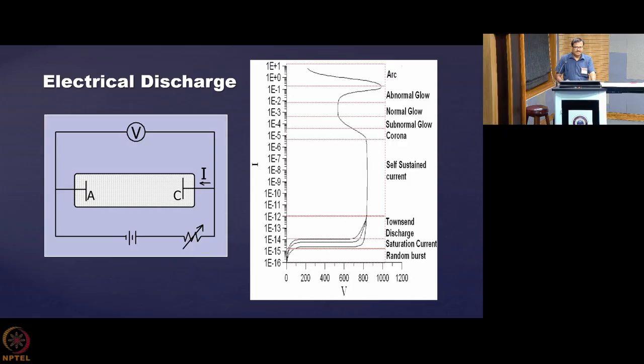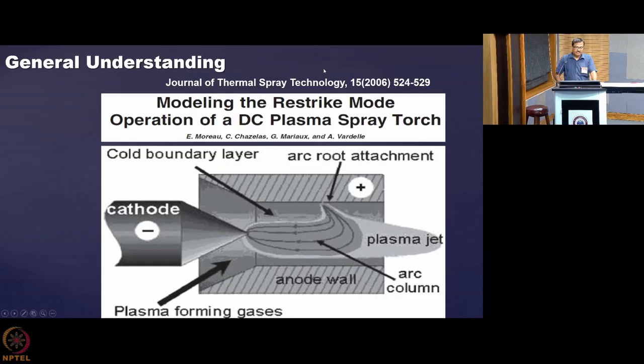So you can see that as we change the composition, the plasma features vary, and in the electrical discharge regime, this is the regime of the arc where you are seeing a negative VI characteristic. Now, the general understanding about how the arc operates is that there is a cathode and there is an anode, and the cathode is emitting electrons which finally enter the anode, which is at positive potential. The current lines go like this. It is not a single path, there is a distributed zone through which the current passes. The plasma forming gas goes through this region and then forms the plasma jet.